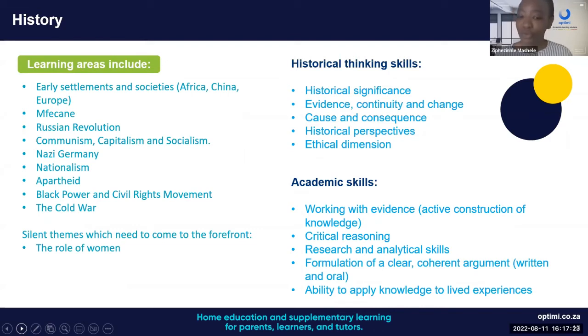We also try to focus on your critical reasoning skills. And this is because you work with different forms of sources, and you get to reason with this. You get to create a whole narrative. You get to create perspectives from these different sources. We also focus on your research skills and your analytical skills. And this is done mostly through the tasks, or some of the tasks that we give you.